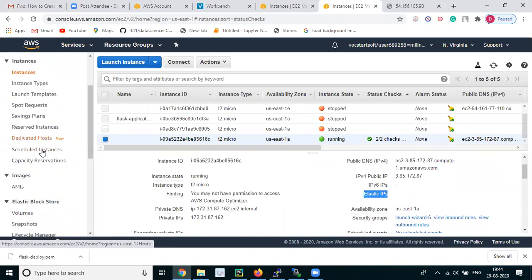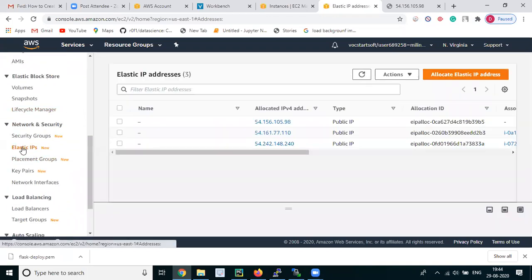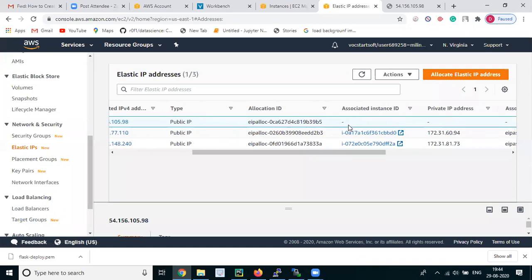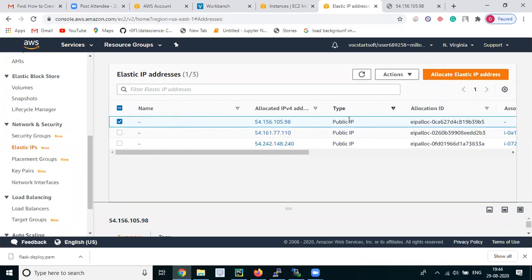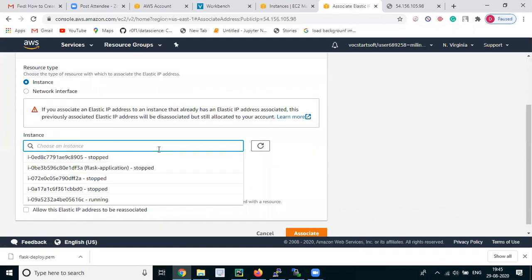From the left-hand sidebar, we have to click on elastic IPs. This is the elastic IP that we have created. From the actions, we have to associate the elastic IP address. Now we have to choose the instance.